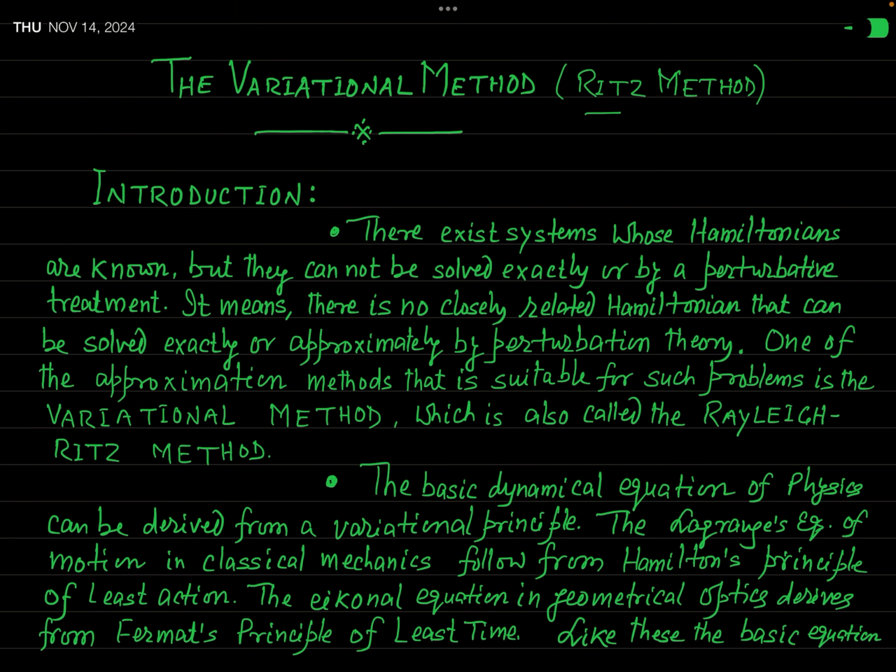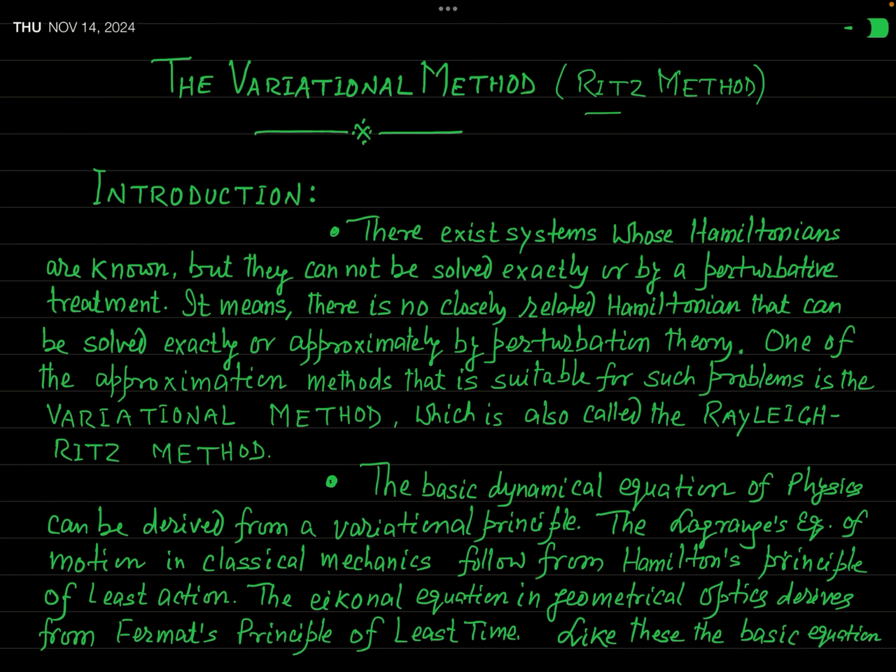So in a nutshell, you can say when the method of perturbation theory is unable to solve a problem, then we follow another approximate method, and one of the appropriate approximate methods to solve such problems is